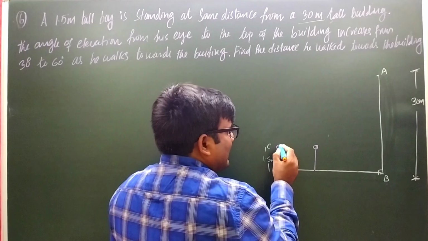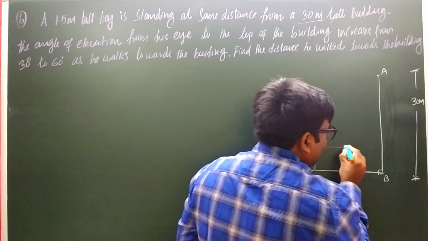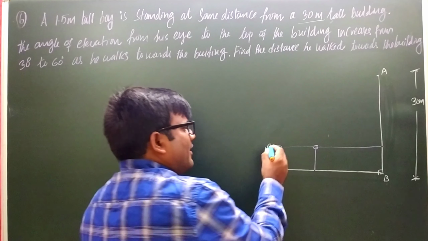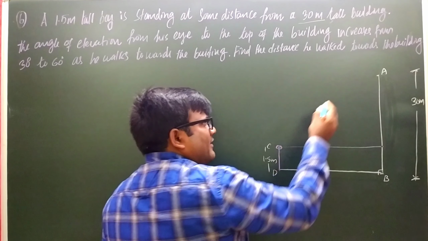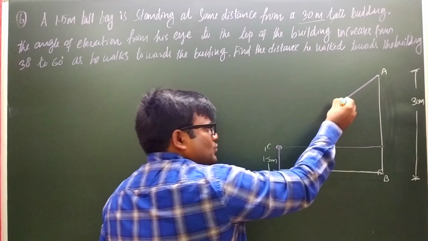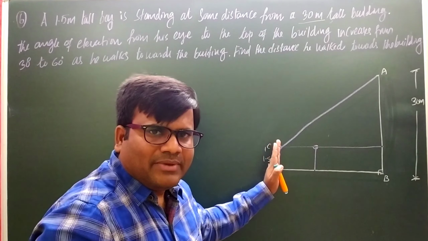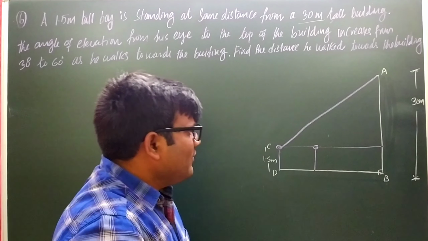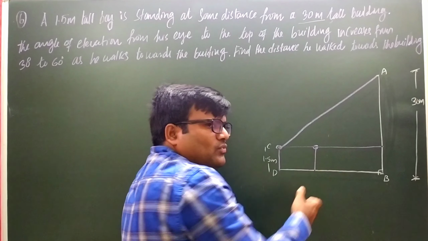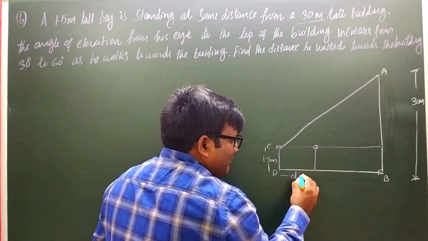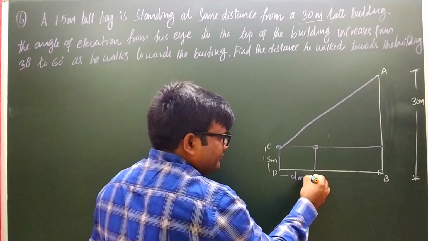Starting, the line of sight is always parallel to the ground. So this one is the starting line of sight. Now the observer's eye is here, and the top of the building is there. Join these two and you will get one angle of elevation. So first he observed from here. Afterwards he walked towards the building. How much distance, we don't know; that we need to find. I am taking that as D meters.